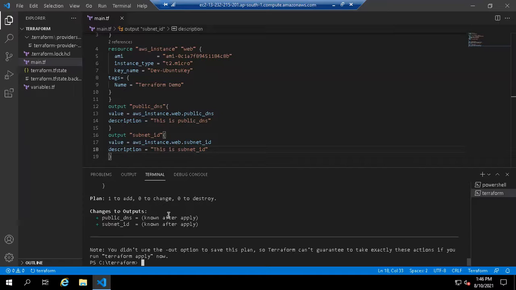So before apply, you can see we are not getting any public DNS or subnet ID because Terraform plan doesn't start the instance. So we are getting it after the apply command. So now terraform apply.